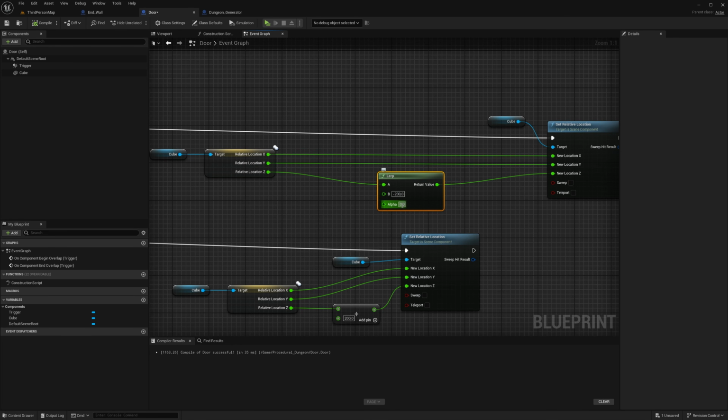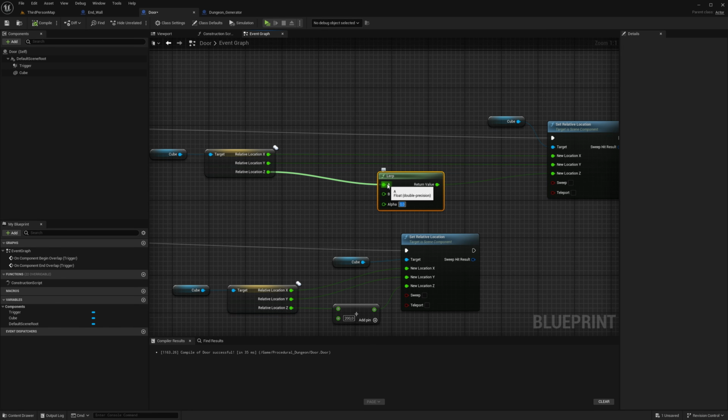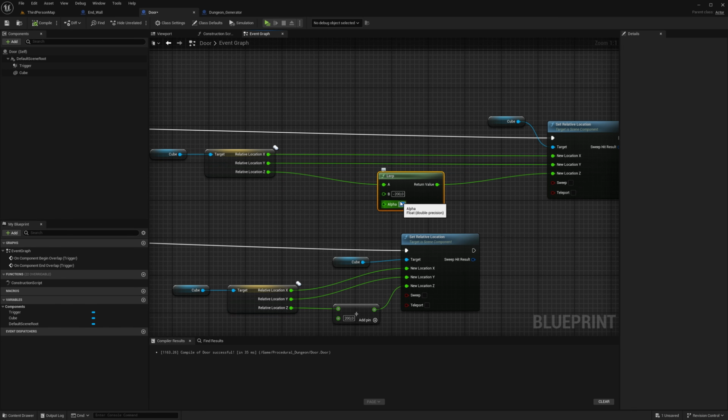And this means when this alpha thing that goes from 0 to 1, if it's 0, then it's the A input result here that works. If I put it to 1, then it's B that works. Alright, I'm trying to explain right now how this lerp works. So if I set it to 1, B should be working.